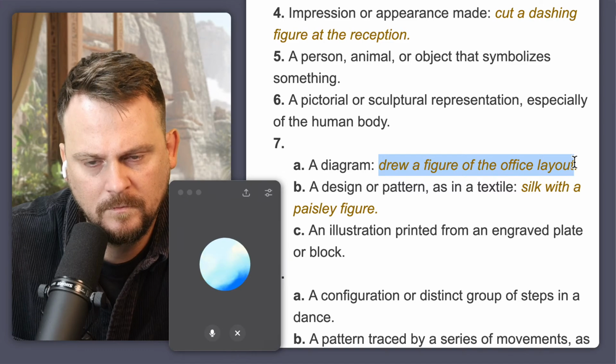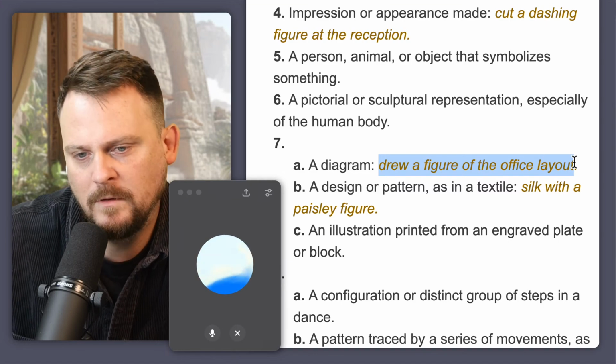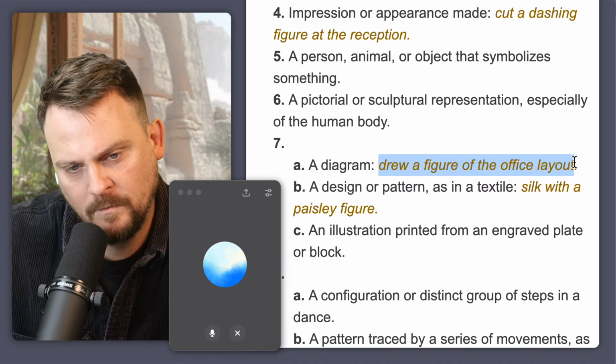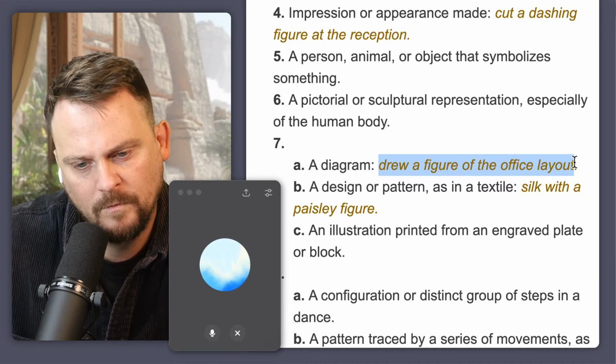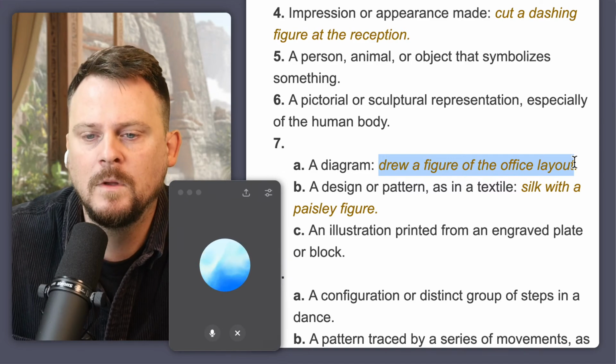Sure, here's an example. The architect drew a figure of the office layout to show the placement of walls, desks, Okay, wait, no, that's my example, the one I read. Give me a different one. Got it. Here's a different example. The teacher drew a figure on the board to illustrate the water cycle, showing the process of evaporation, condensation, and